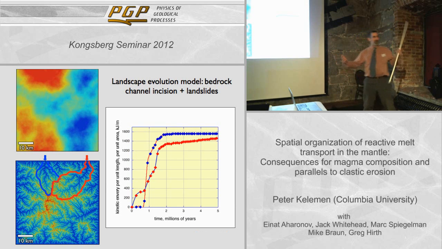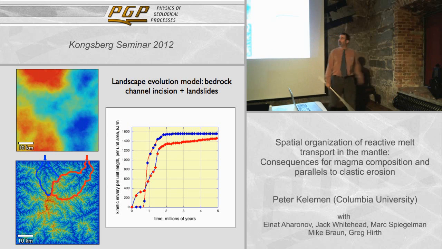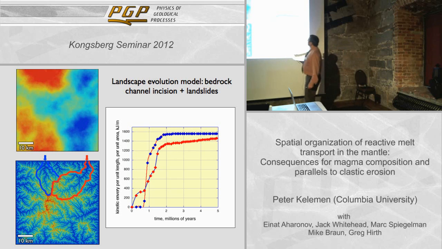And I got Taylor Perrone to do this last night after a year of asking. Exactly a year. So here's the kinetic energy output of one of his landscape evolution models, and you see this very rapid evolution toward increasingly high kinetic energy output over time, and then it approaches a limit which is almost the same